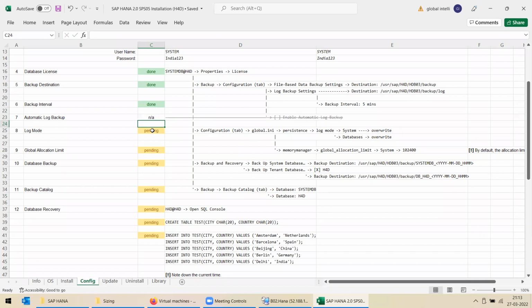Okay. Now the next configuration is your log mode. By default in HANA, the database is always in log mode, which is similar to archive log mode in an Oracle database. So by default, the database will always generate a log for your activities. In case you want to disable the log backup,